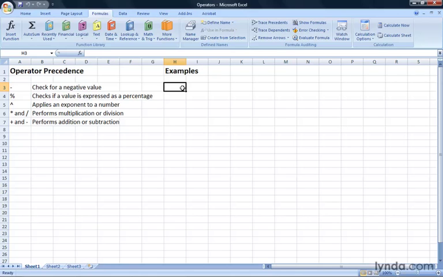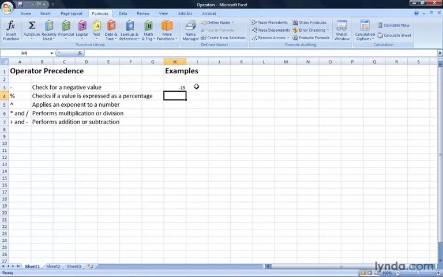First, Excel checks whether a value is negative, that is, if it has the minus sign in front of it. After that, it checks if a value is expressed as a percentage. If a value is expressed as a percentage, then Excel treats it as if it were divided by 100. In other words, 75% is the same as 0.75. So just by way of a quick example, if I type in the value negative 15, Excel treats it as